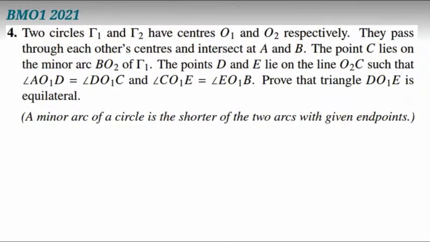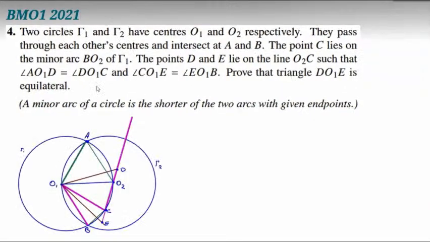It says two circles. Let me draw. Okay, two circles gamma 1, gamma 2 have centers O1, O2 respectively, they pass through each other's centers and intersect at A and B. The point C lies on the minor arc BO2 on gamma 1, yes, BO2, gamma 1. The points D and E lie on the line O2C such that AO1D, let me show you here, AO1D